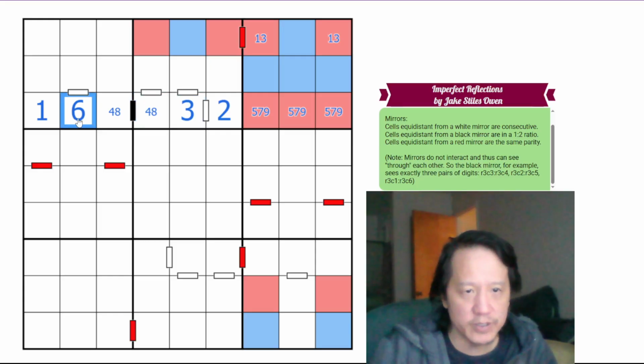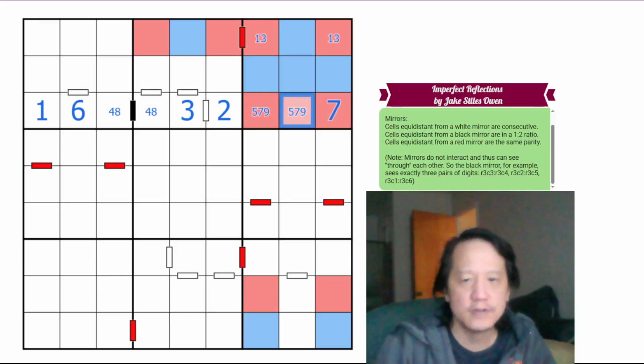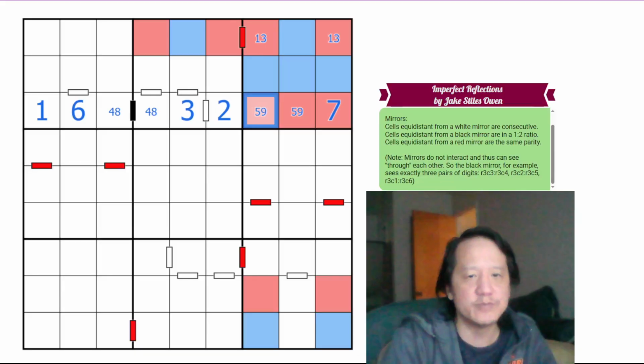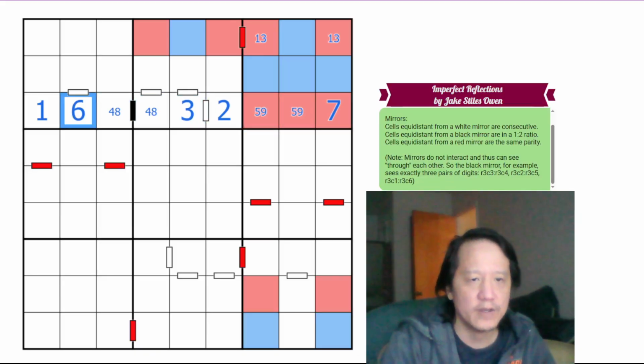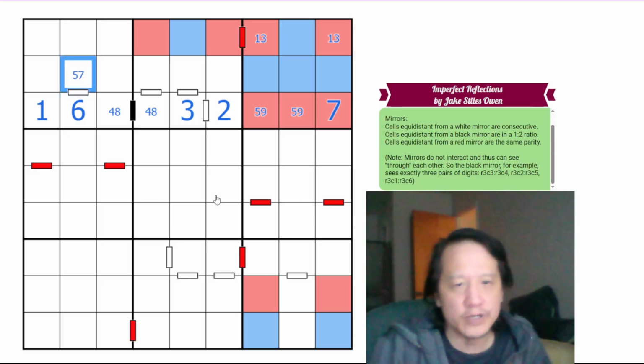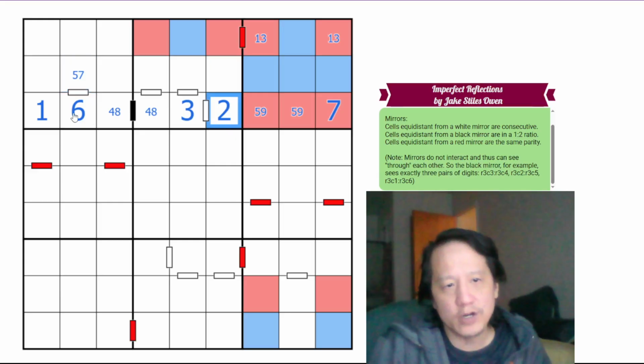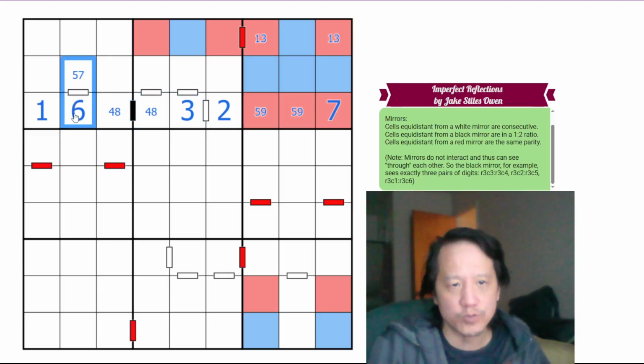6 has to be consecutive again with 7. So this is 7. And then 9 has to be consecutive with 8. 5 is consecutive with 4. 6 is consecutive with 5 or 7 here. So we know, okay, we're marking evens and odds because of the parity mirrors. And also that actually kind of works with the